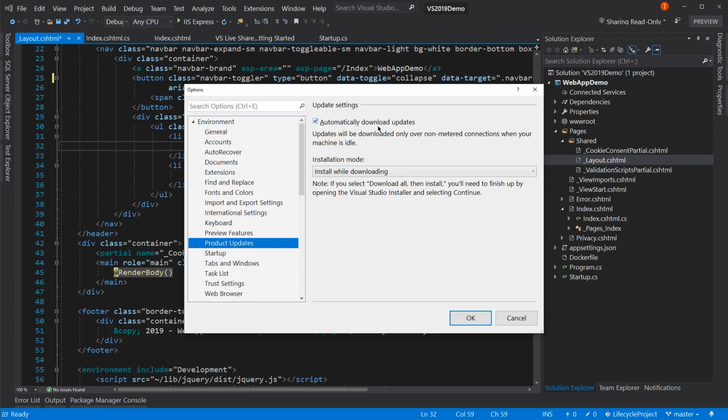Check this out. Automatically download updates. This is for Visual Studio itself, which is pretty cool. It'll automatically download updates, and the installation mode is install when downloading. Now, the updates will only be downloaded on a non-metered connection, which means if in Windows you can set a